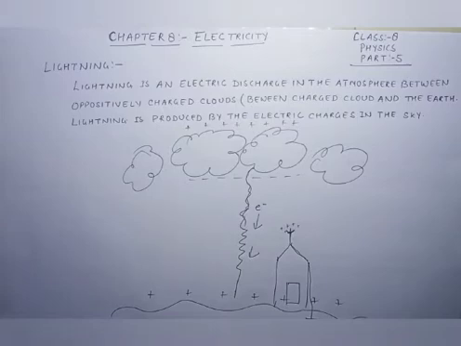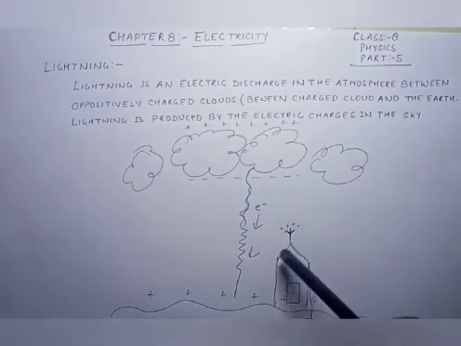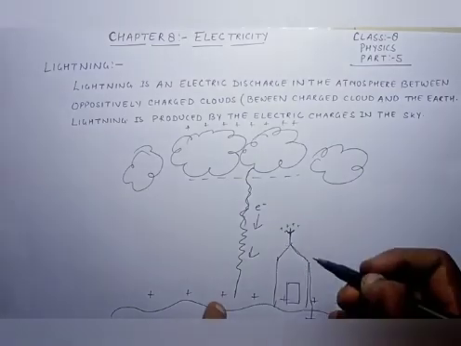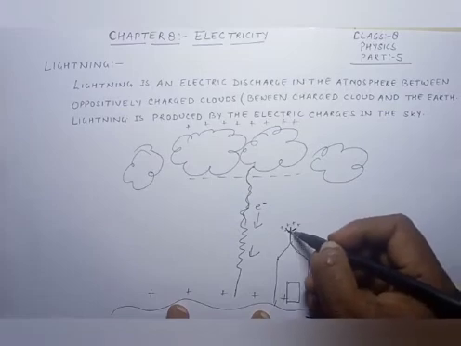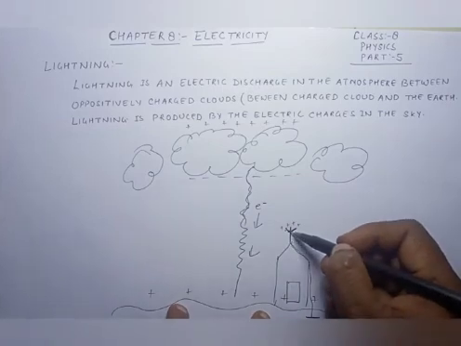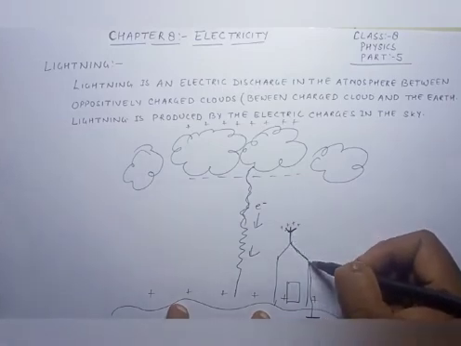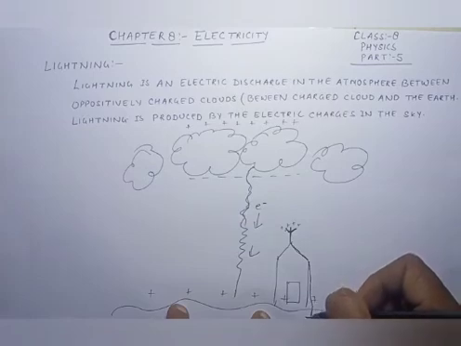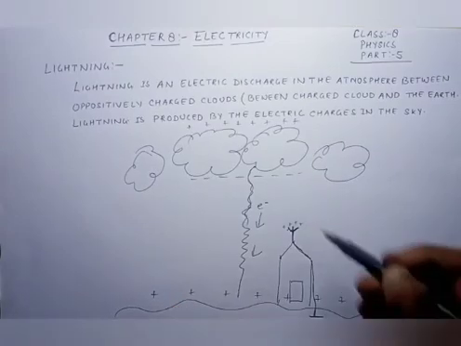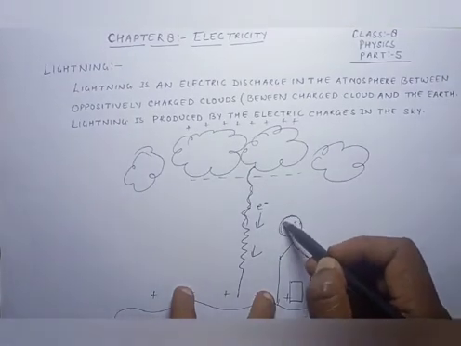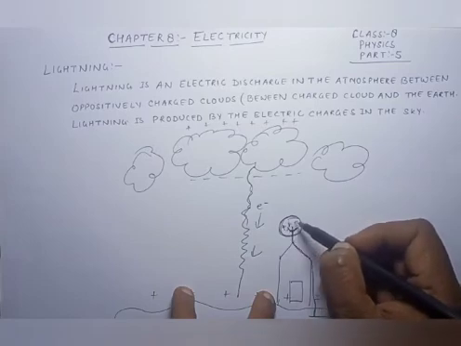So let us understand with the help of a diagram what a lightning conductor is. You can see a figure of a house. Nowadays people use a lightning conductor. The lightning conductor is in this shape. This is a spike-shaped rod which is attached at the top of the house. Through this metallic rod there is a copper wire which is dug inside the earth with the help of a copper plate. So these conductors have a positive charge.